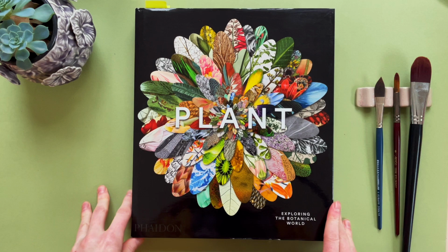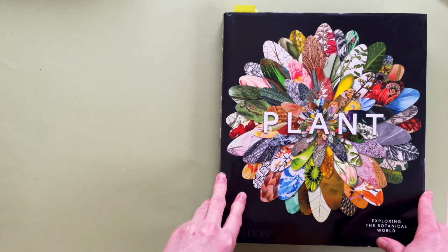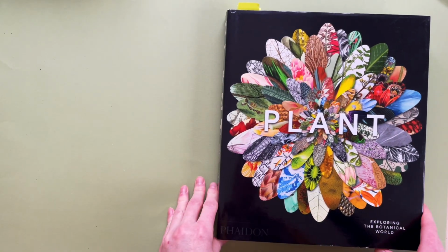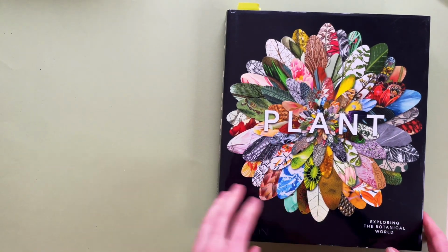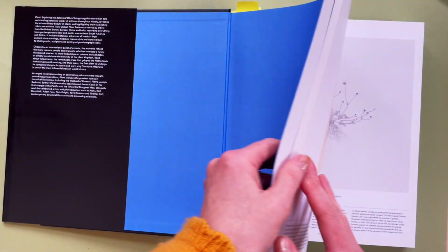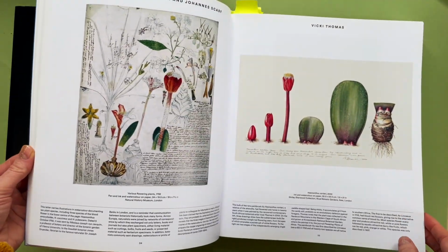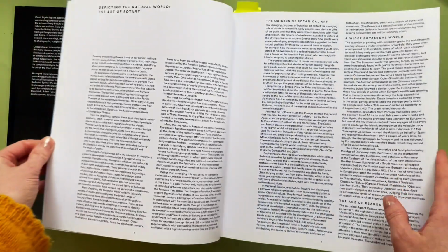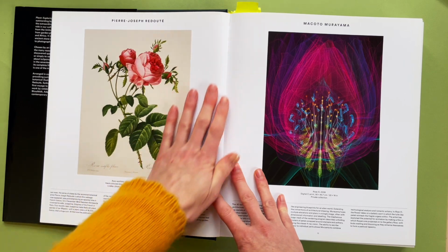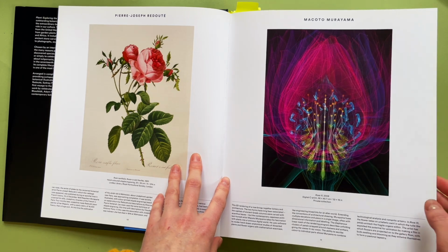So I'm going to go from biggest to smallest book. This is a very large, thick book called Plant, Exploring the Botanical World, and it contains about 300 examples of botanical artists from all around the world. And yes, I'll just flip through it a bit, and I'll also show a book that I have in my pile, Pierre-Joseph Redouté,